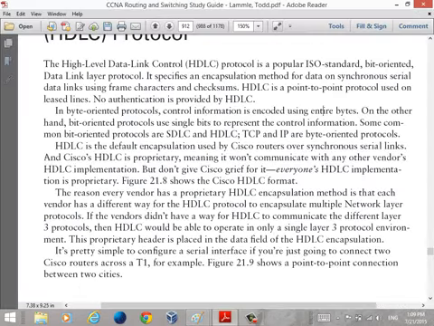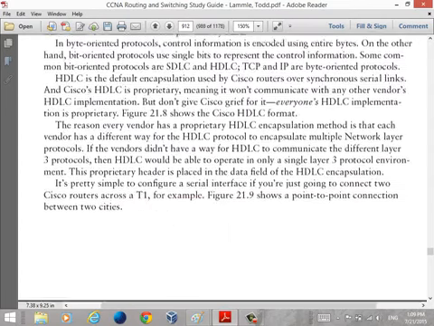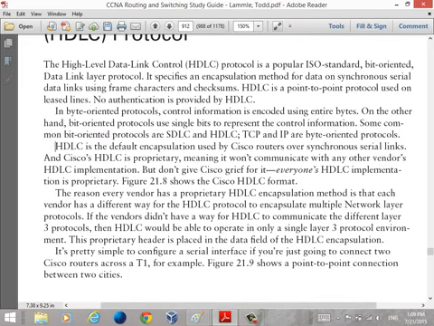Next paragraph. We will talk about control information, wait 2 minutes, the HDLC header will also come ahead. Yes. HDLC is the default encapsulation used by Cisco routers over synchronous serial links. Now, when he is saying over synchronous serial links, what do you mean by synchronous? Guys, all of you remember one thing, that whenever we define or we connect routers through a serial link,